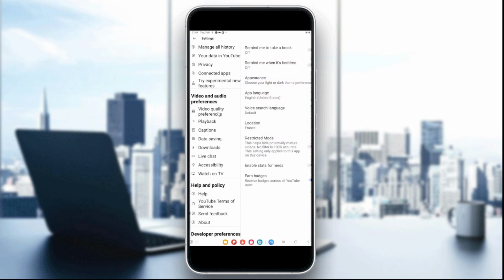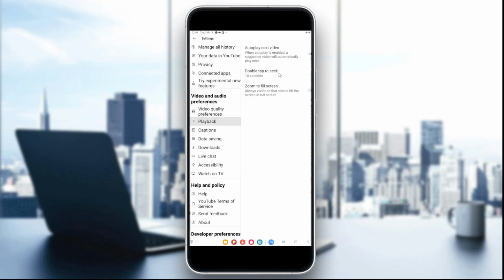Let's see video playback. And as you can see, it's a feature you can activate, but it only works on videos. So if we want to auto scroll shorts, we're going to have to use an auto scroll app, and this is